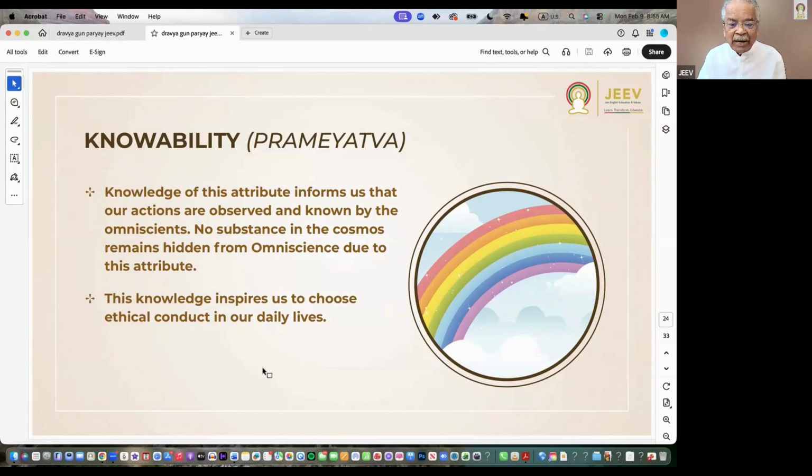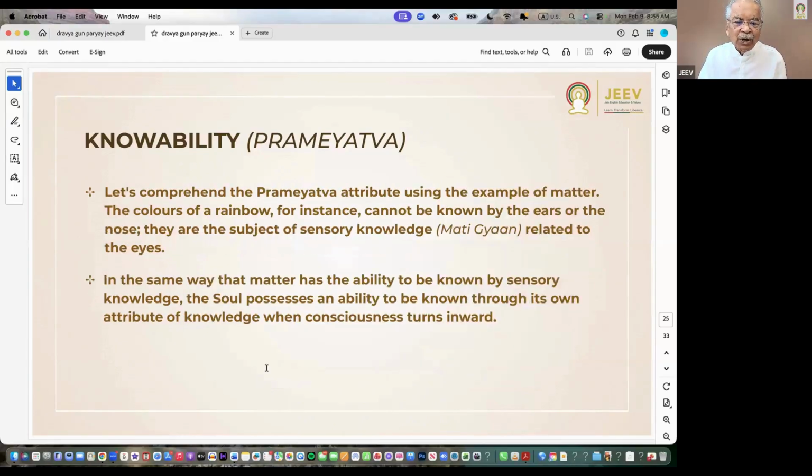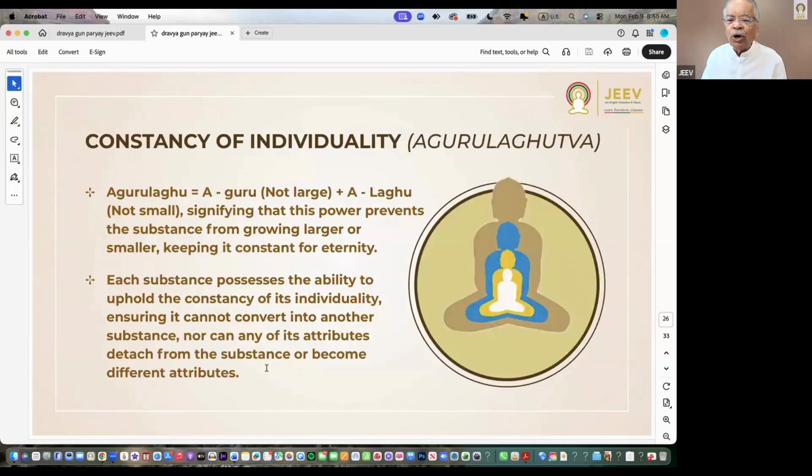And the last one coming right now is, no, there are two more remaining. Aguru Laghutva. Aguru Laghutva is another, the constancy of individuality. This is a very important attribute common to all 6 substances. It says each substance possesses the ability to uphold the constancy of its individuality, ensuring it cannot convert into another substance, nor any of its attributes detach from the substance or become a different attribute. Means,